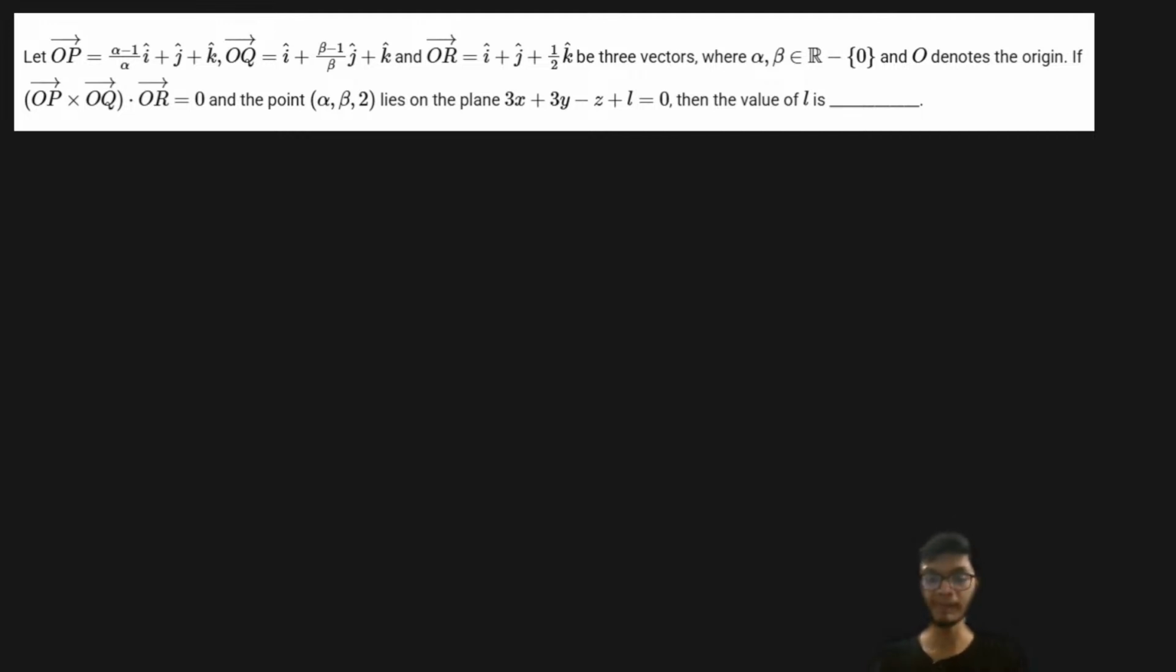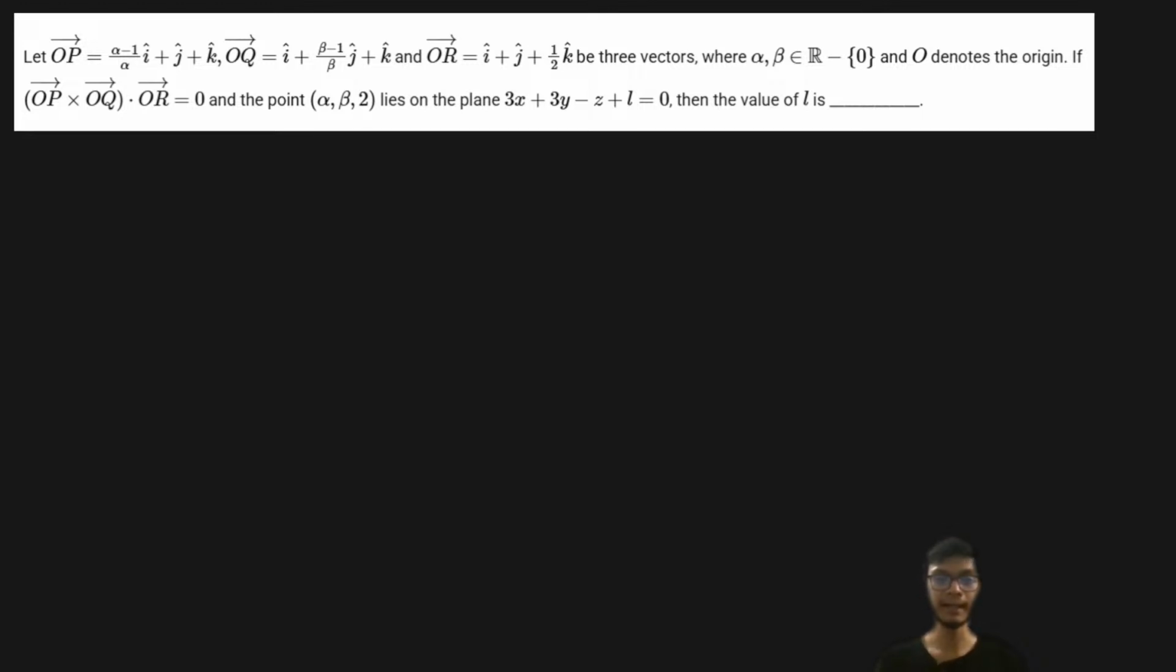Okay, so please give it a read and try to understand what the question is trying to convey. There are three positions on the Cartesian plane, and the position vectors of these points are given as follows. And it is said that alpha, beta belong to the real numbers except 0, and O denotes the